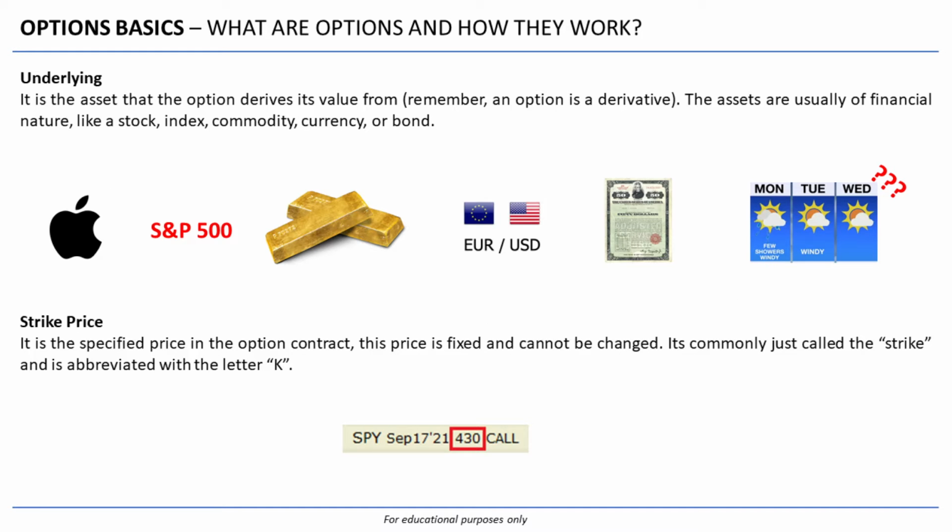Now, let us review the characteristics of an option. All figures are hypothetical. The underlying. It is the asset that the option derives its value from. Remember, an option is a